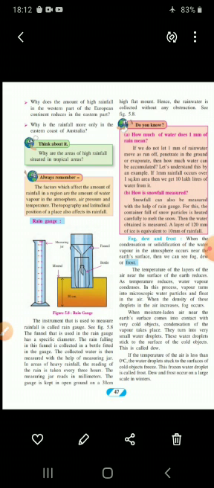The instrument that is used to measure rainfall is called a rain gauge. Please underline this important line. So the funnel that is used in a rain gauge has a specific diameter. So you can see that funnel. The rain falling in this funnel is collected in a bottle fitted in the gauge. So you can see that the funnel is fitted in the bottle. The collected water is then measured with the help of the measuring jar.